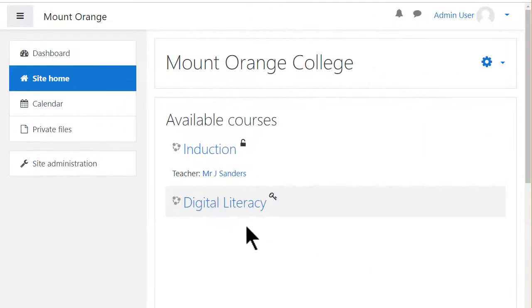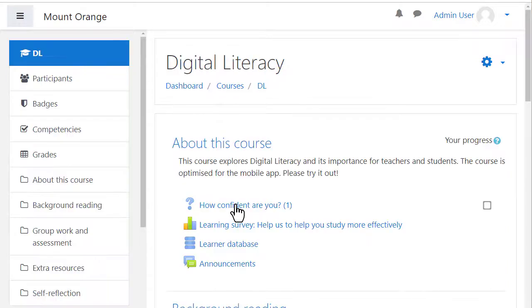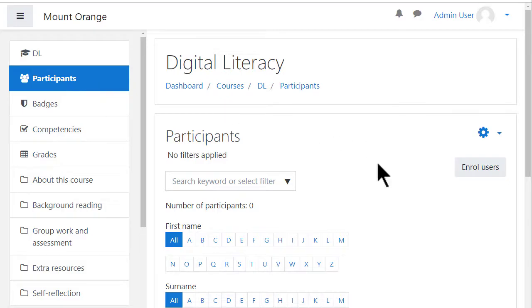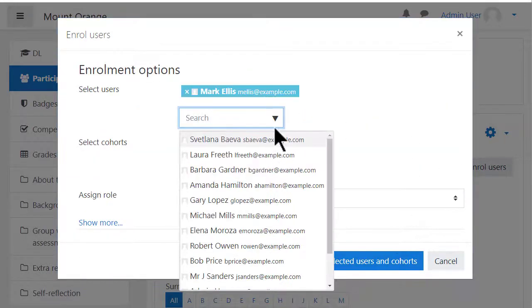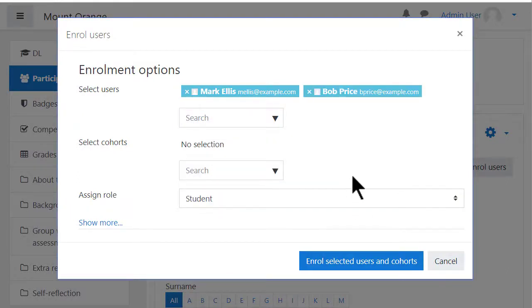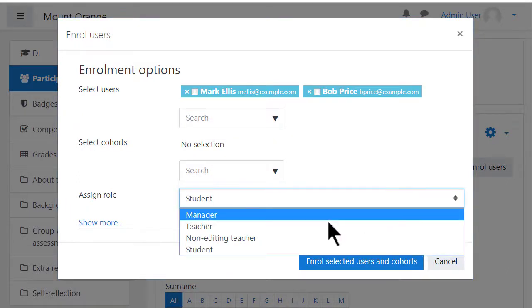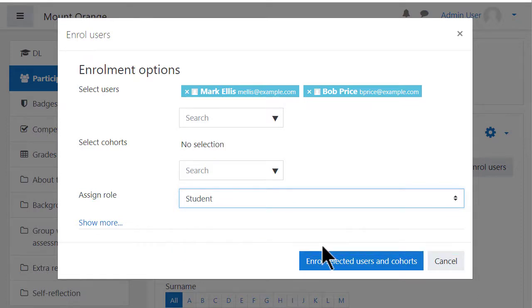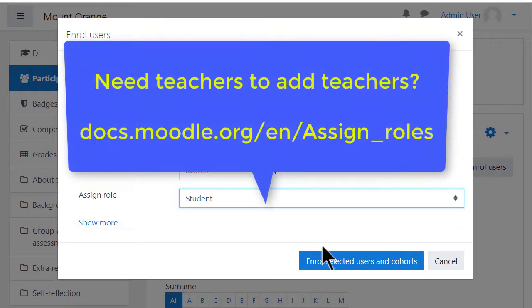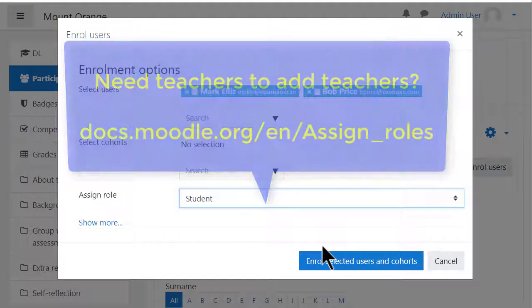To add users to a course, access the course, click the participants link on the left, and then click Enrol Users. As an admin, you can choose to enrol them as teachers, students, or other roles. When a regular course teacher clicks this button, they cannot enrol other teachers. If you need that, read the documentation Assign Roles for information on how you can allow teachers to enrol other